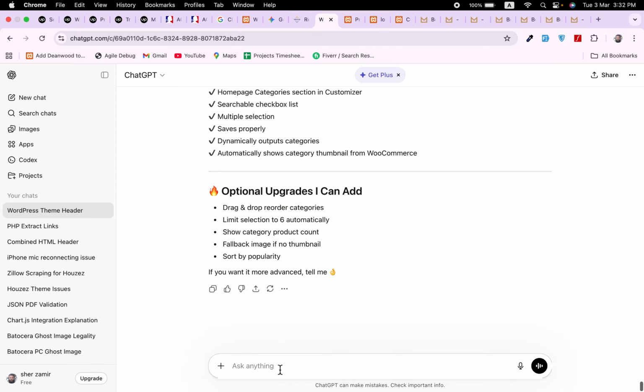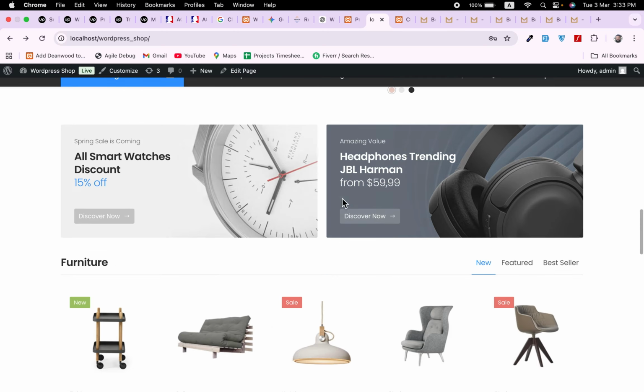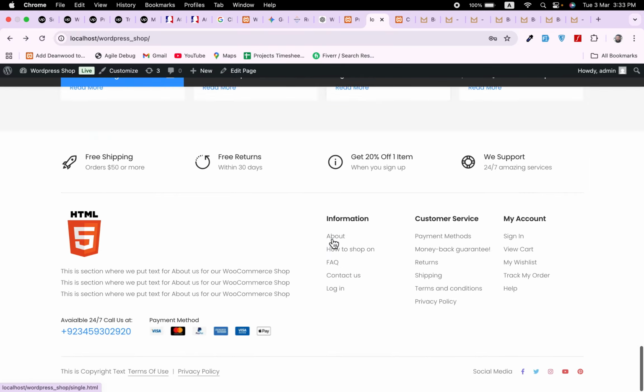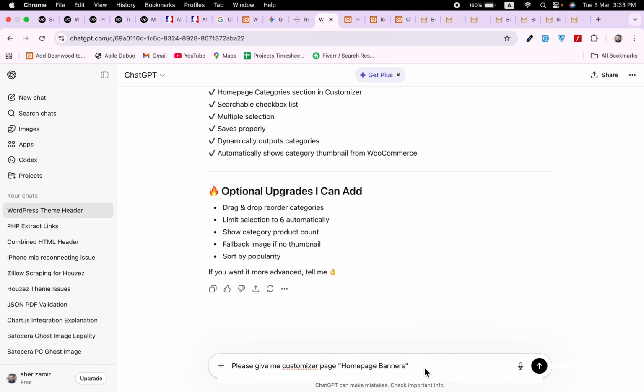and ask, please give me customizer page, homepage banners. And in homepage banners, we will also add some more banners like these two. So we will add 5 banners in total. Homepage banners, which will have 5 sections,